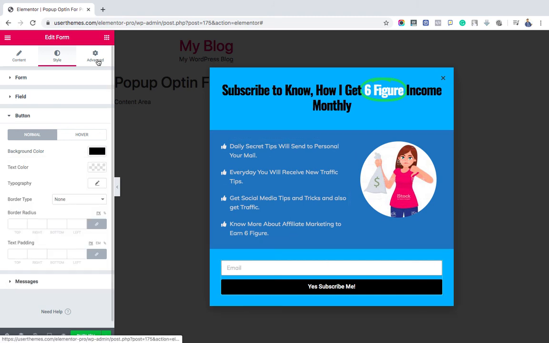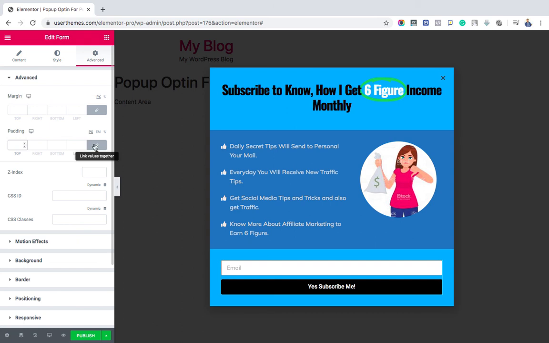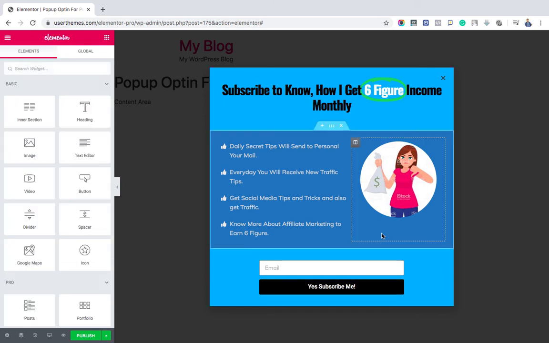to give some padding effect so that it will move to the center alignment and looks better now. Now the design is over. Just hit the publish button, and now we will get the